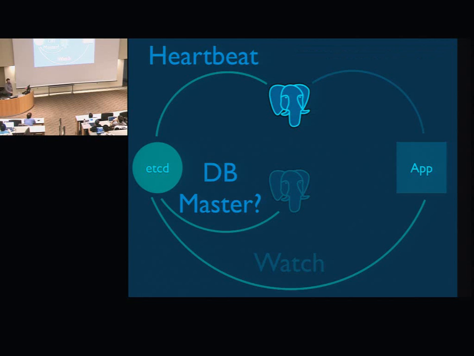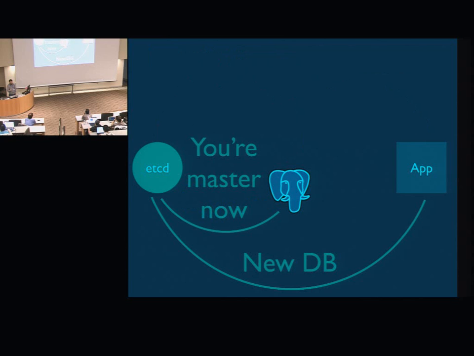So now a second database appears. Is there a database master? Yes, a master exists. Okay. So that database now configures itself as a slave to the Postgres master, and it starts to heartbeat back to etcd. Okay? Now our first elephant disappears, and you're the master now, which then also tells the application there's a